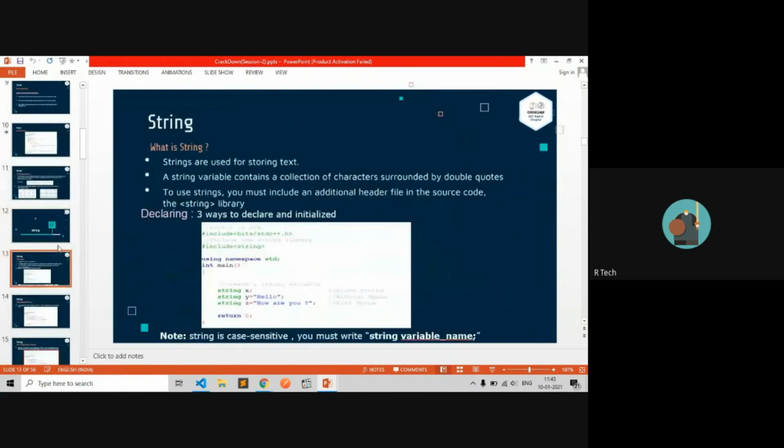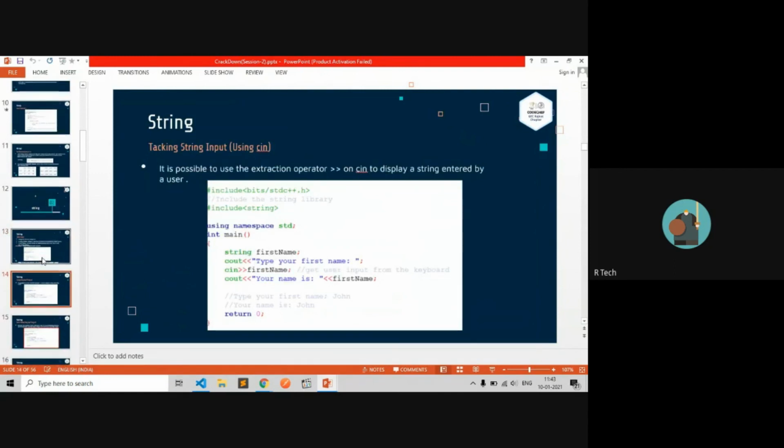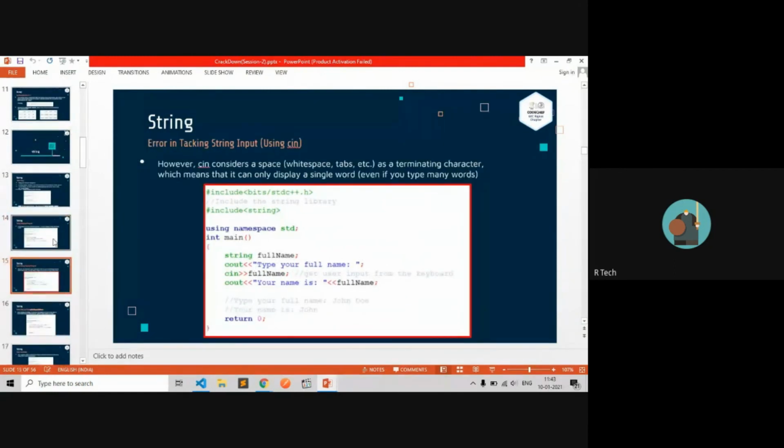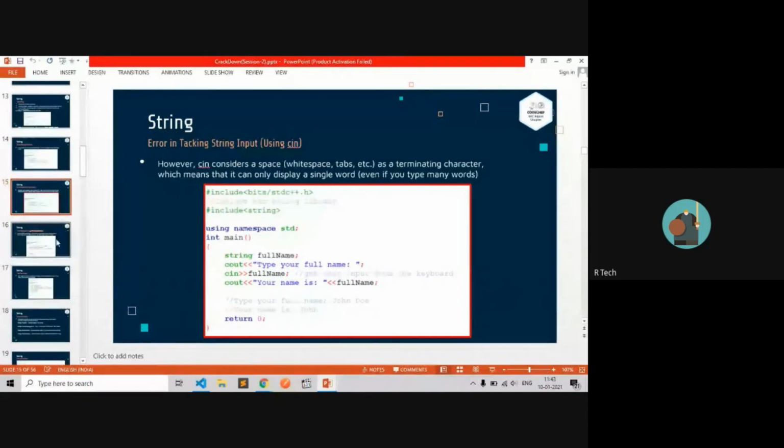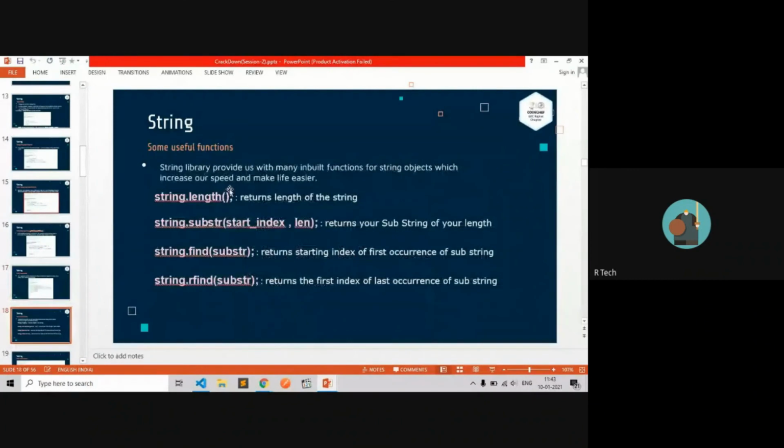Then after that, what is a string? What are the header files you have to use for string functions? These are some of the functions of the string library.